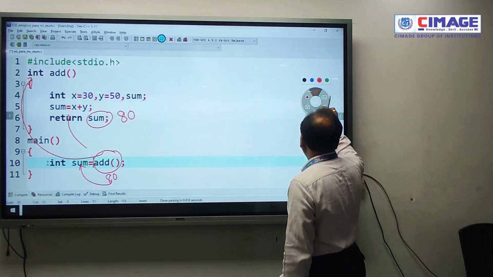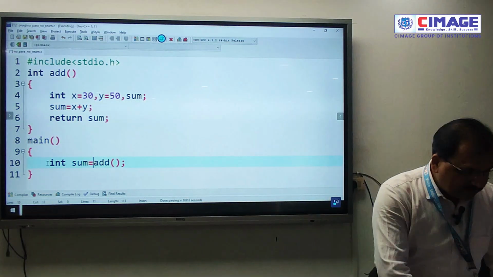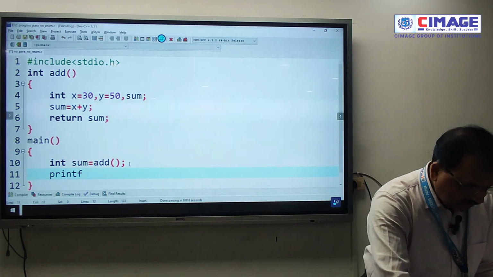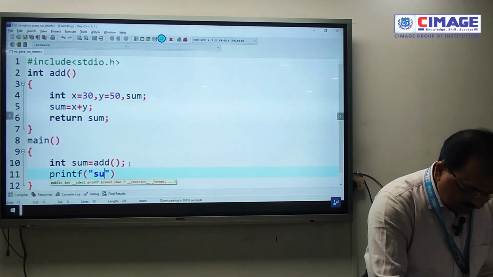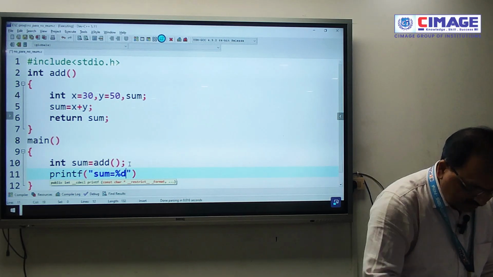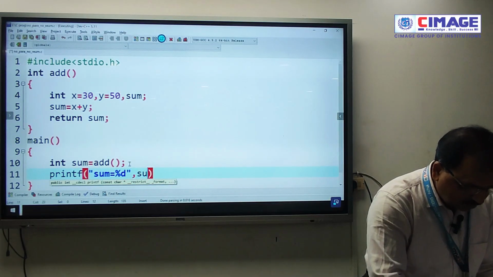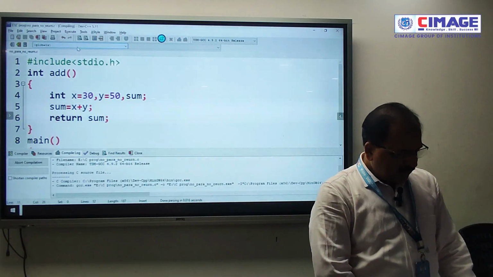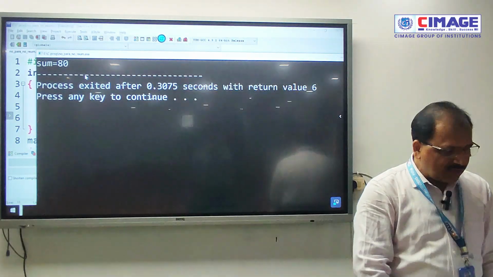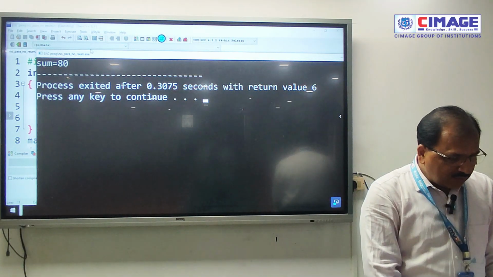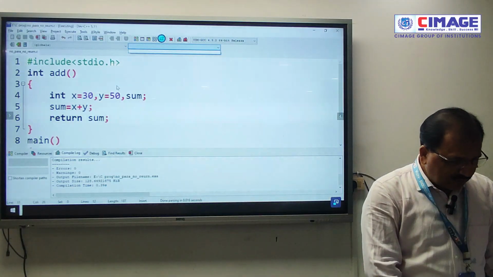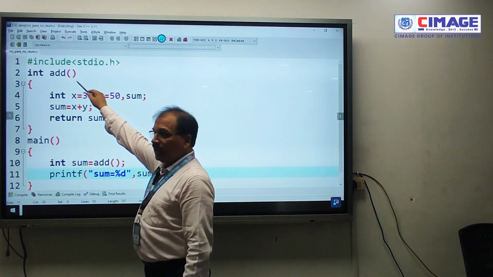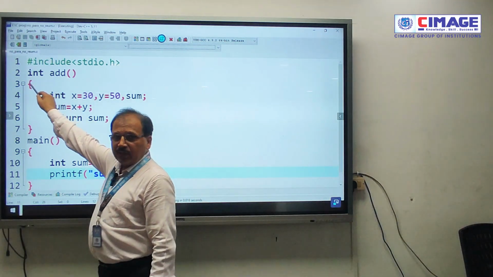So what we can do is print the value of sum here. So here we have to write the statement called printf followed by sum equal to %d, and obviously the value of sum is going to be listed here. So this is the third kind of user defined function, and you can notice out here we are getting the result as sum equal to 80. What we have noticed out here in the third type of function is that we are calling the function without having any parameter, but this function is returning some value to us.